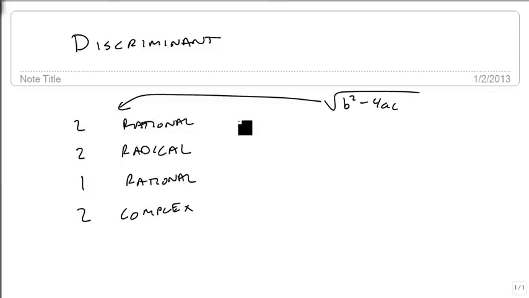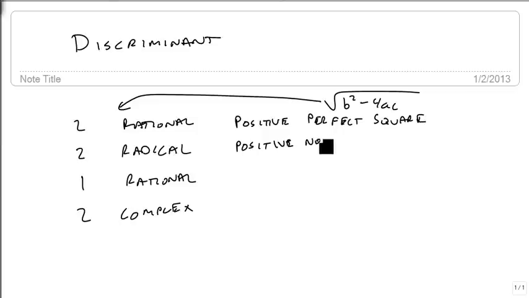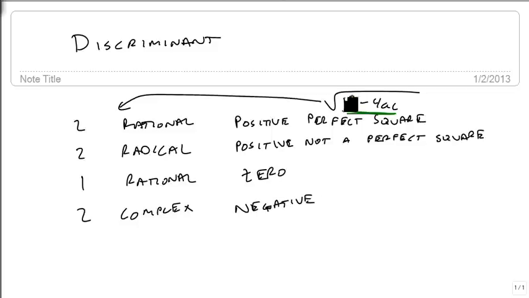If b squared minus 4ac is a positive perfect square, then we get the 2 rational solutions. If it's a positive number that's not a perfect square, then we'll get 2 radical answers because we won't be able to get rid of the radical completely. If it's 0, and we're talking about specifically the radicand here, then we get 1 rational answer, and if it's negative of any form, we end up with complex because we have a negative underneath the